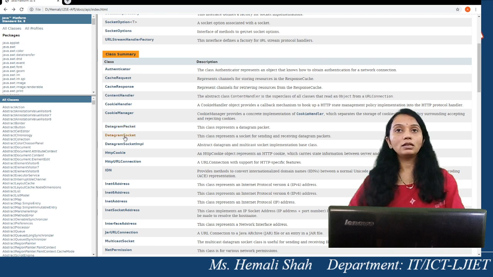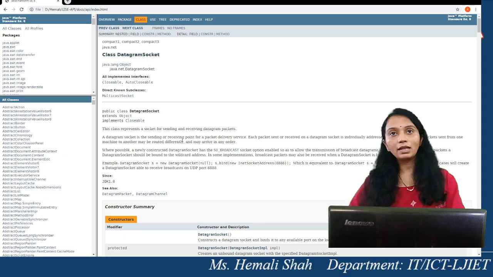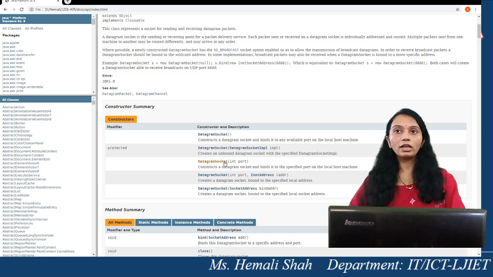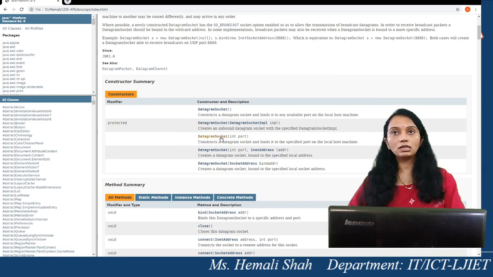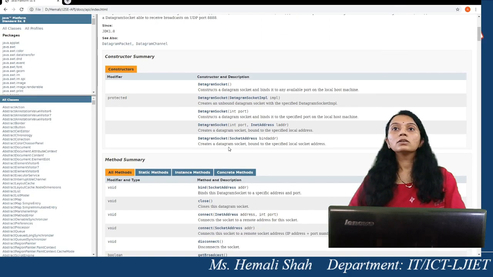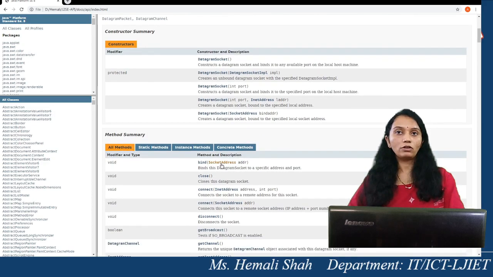This DatagramSocket is basically used to send and receive datagram packets between network based devices. Here the DatagramSocket has many constructors, and this single constructor with an integer port number is the one we will use in our program. This basically binds your socket on the particular computer, and that port will work with the program, and the data received on this particular port number can be received by using this socket object in your program, right? So by using this port, this socket will send and receive the data from the application.